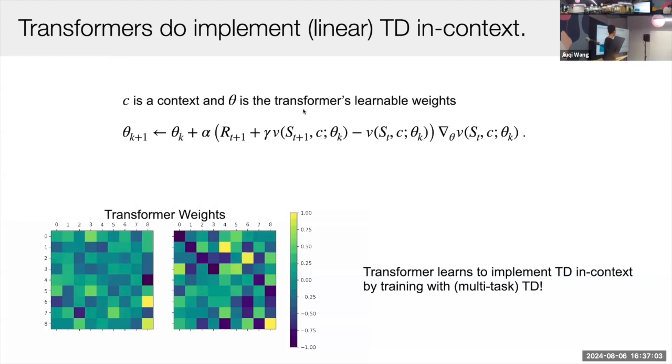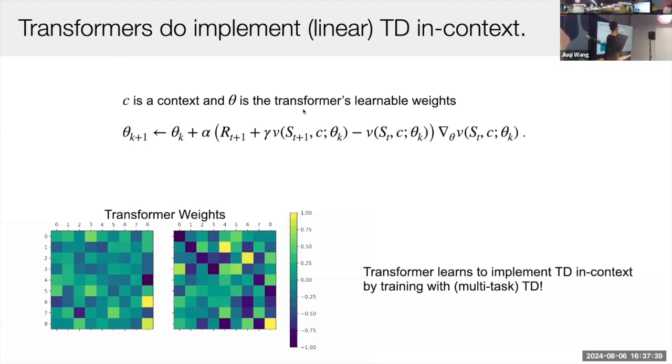But in our case, it's the same thing, but we have another context. And this context belongs to some MRP, which is the same across this equation, and the reward is also from that MRP. So during these TD updates, everything is from the same MRP. It's just that now we switch our MRP once in a while. So the context switches to a different one after we have an MRP switch,